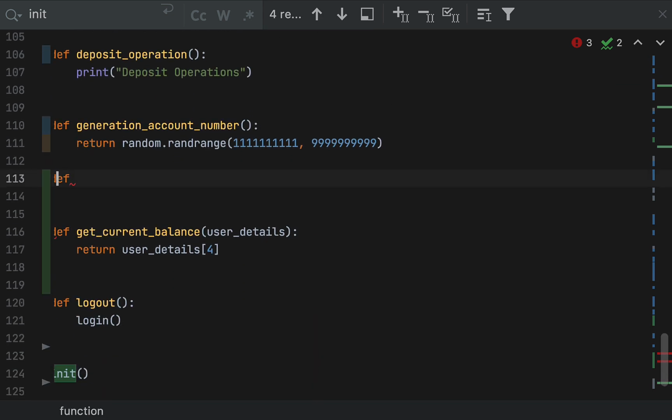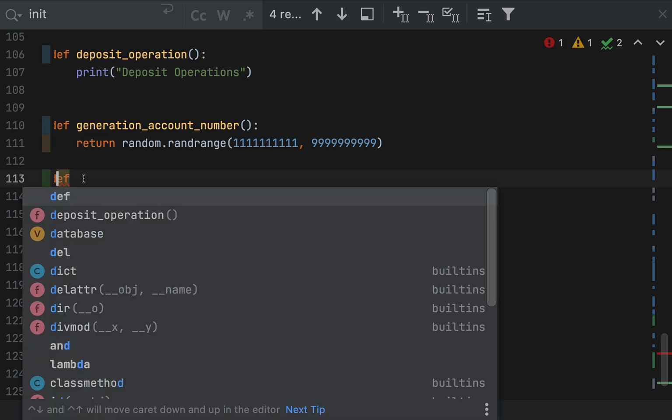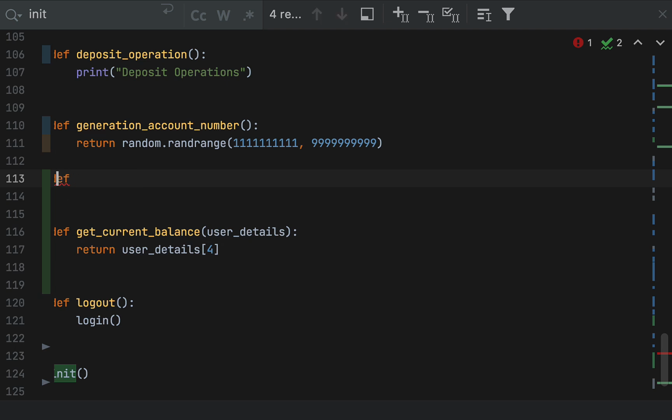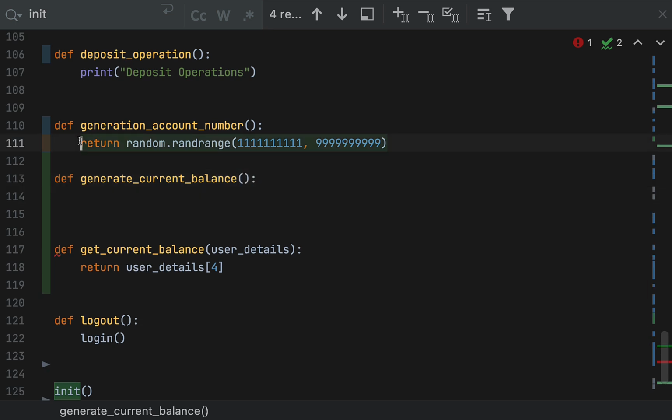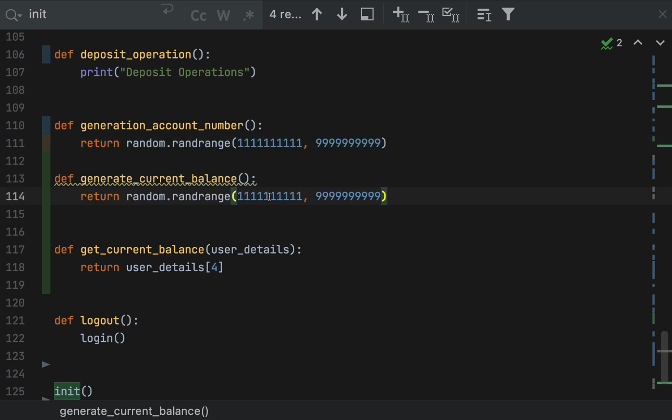So I was saying that I noticed some people decided to write a function to generate current balance. I can't remember what the name of the function was, but generate current balance. I saw something like this, and it was just basically returning this. So this works, but it's not a good idea. I think it's 4 digits I saw, or 5, I'm not entirely sure. So this will work, but it's not really a good idea,